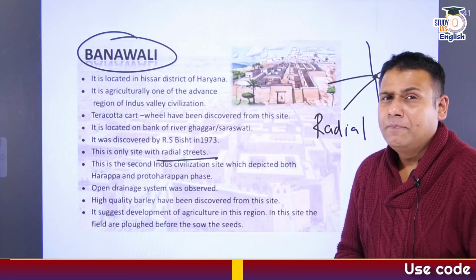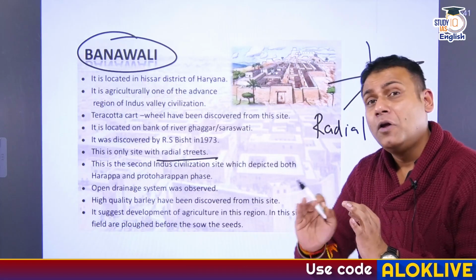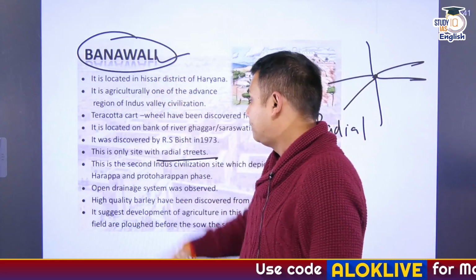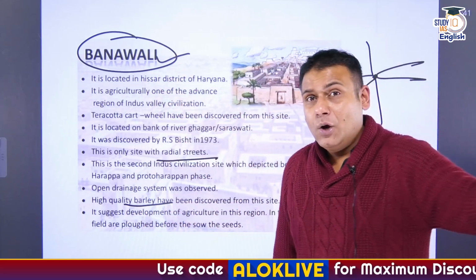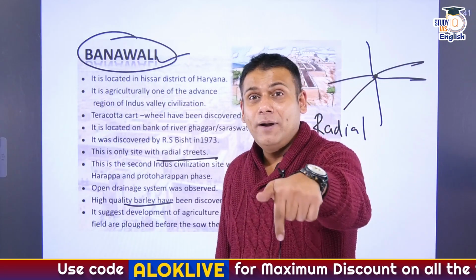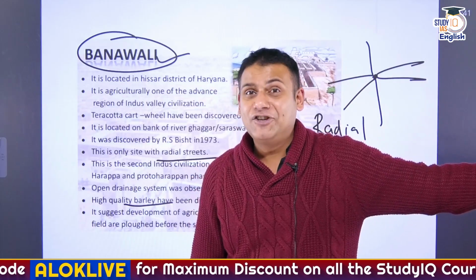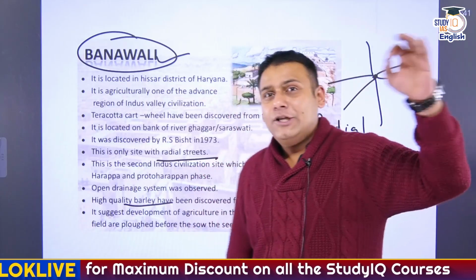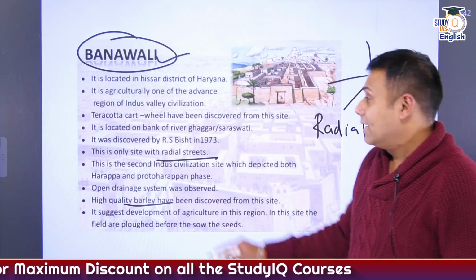Another core finding, very fine quality barley have been found from the site of Banavali. I repeat, fine quality barley. If you remember Vedic civilization, what was barley referred as during Vedic civilization? Please comment in the comment box. We have studied that in quite depth and detail in Vedic civilization. Correct, guys? So, fine quality barley have been found at the site of Banavali, and the site was discovered by